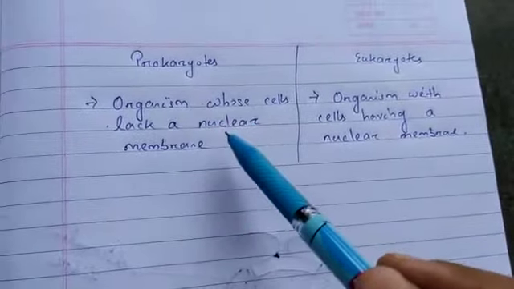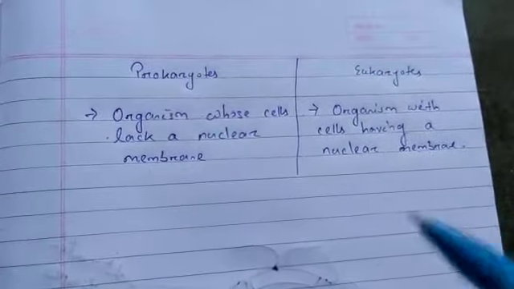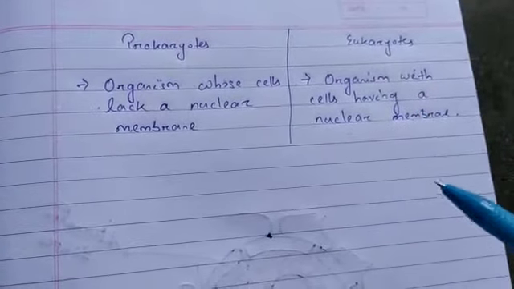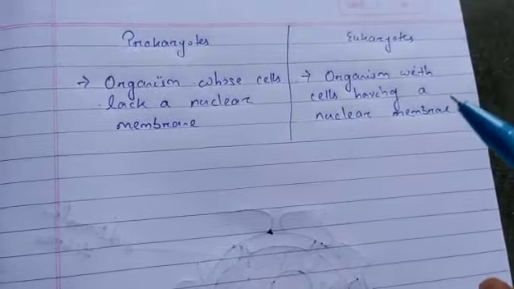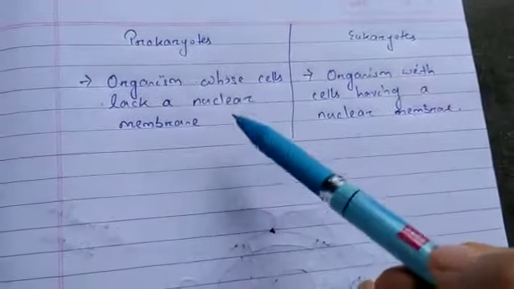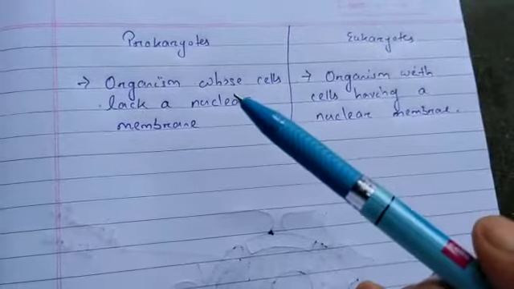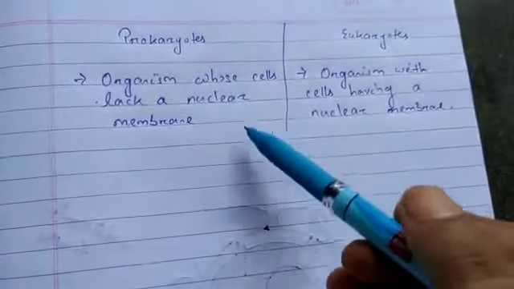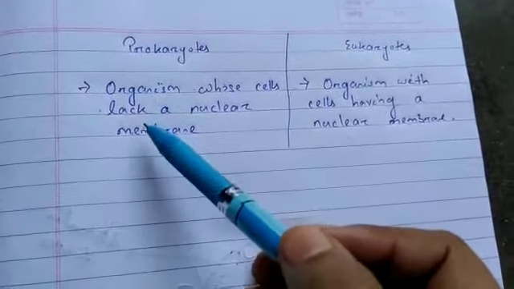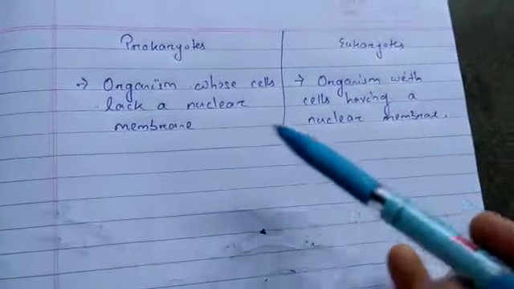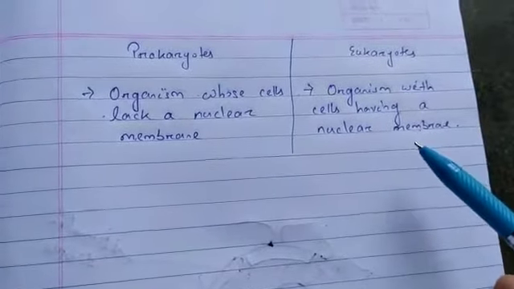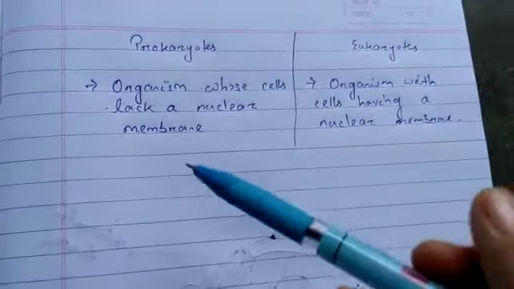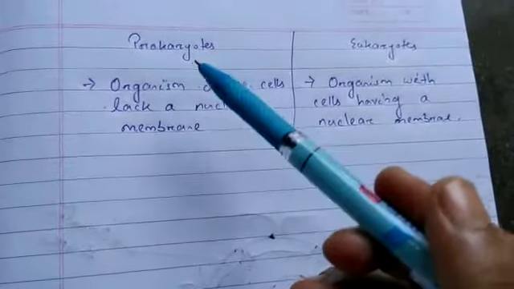Many of the functions of such organelles are performed by poorly organized parts of the cytoplasm. Eukaryotes have a well-defined nuclear region surrounded by a nuclear membrane, while prokaryotes have a poorly developed nuclear region not surrounded by a nuclear membrane. Here you can see that prokaryotes have only a single chromosome, while in eukaryotes more than one chromosome is present. Membrane-bound cell organelles are found in eukaryotes, but are absent in prokaryotes.